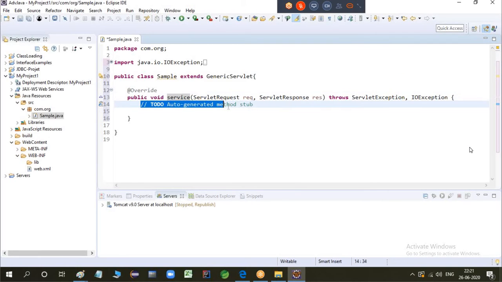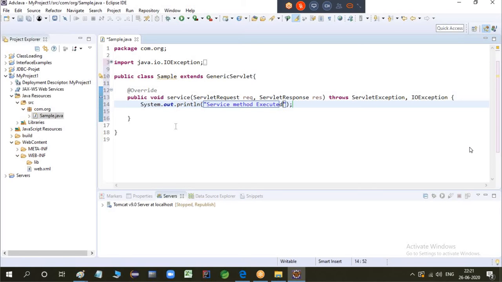Okay, now what you can do here, you can just write something here, service method executed.